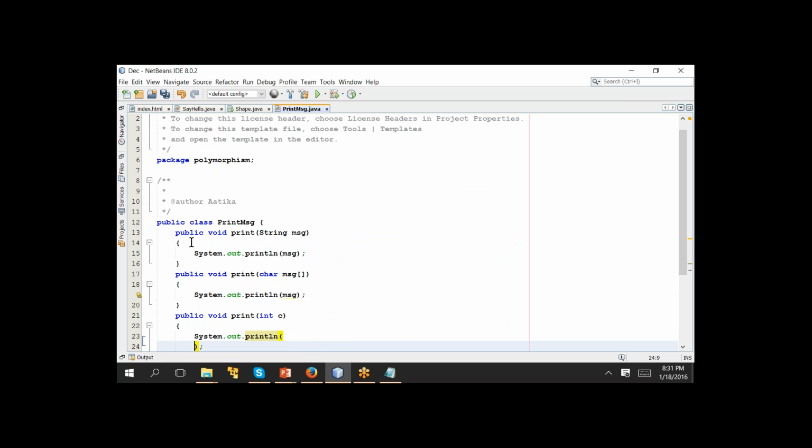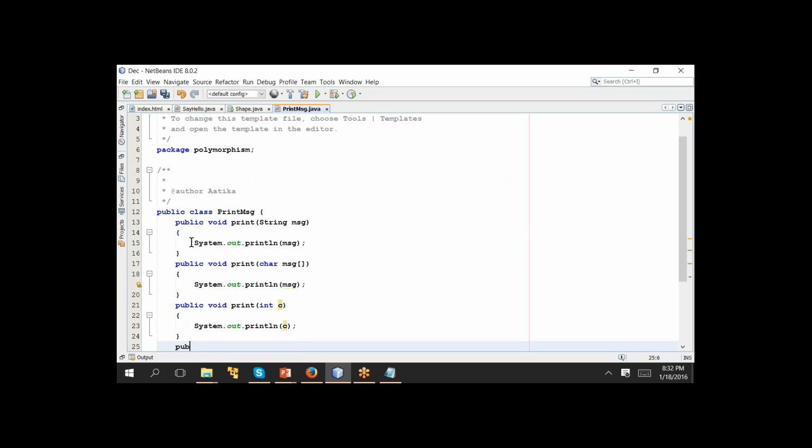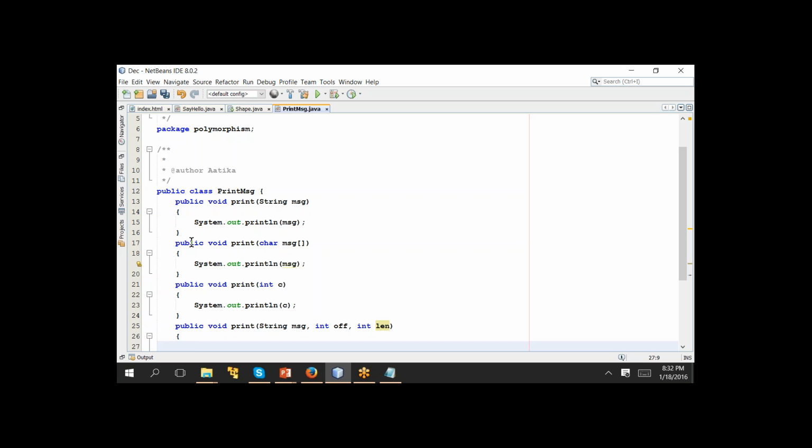This one is taking an integer as an argument. And then next, what you have is public void print(String message, int offset, int length). Now when you specify integer offset and then comma length,